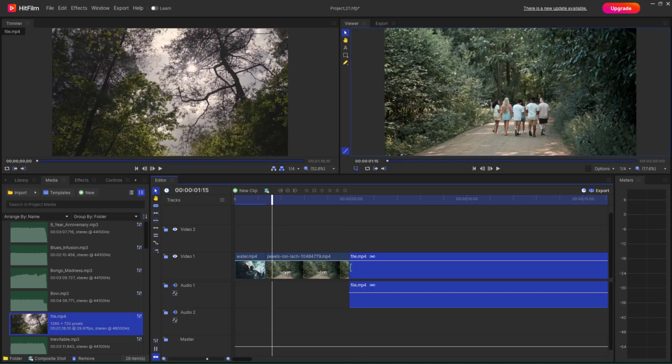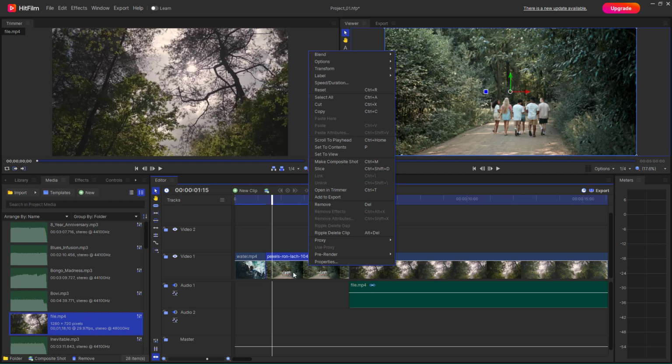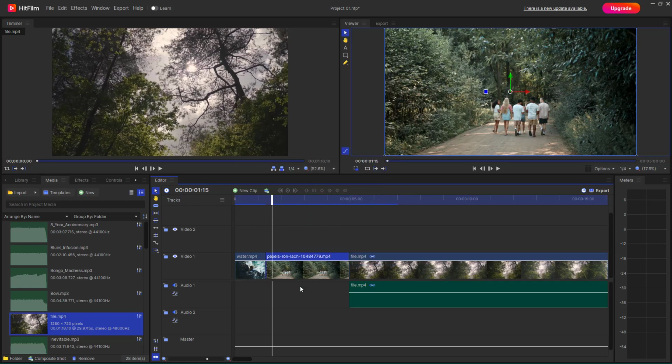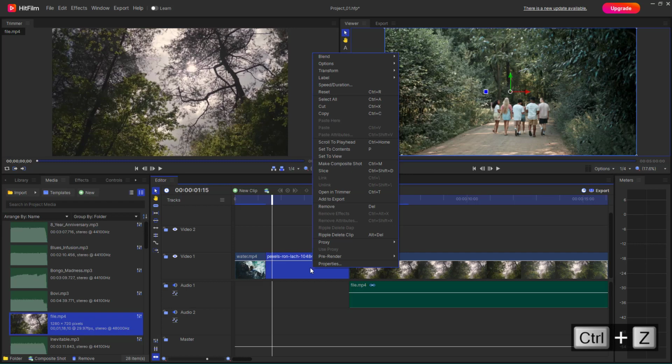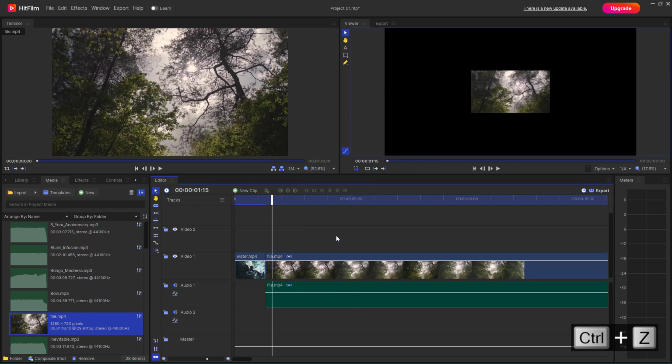Sometimes you may have, let's say, for example, clips like these. So you've got 3 clips together. And over here, if I were to delete this right now, it simply deletes the clip right here. But let me just press Ctrl Z. I can right click and click on ripple delete clip. That deletes the clip, but you can see that it ripple deletes the gap in between them as